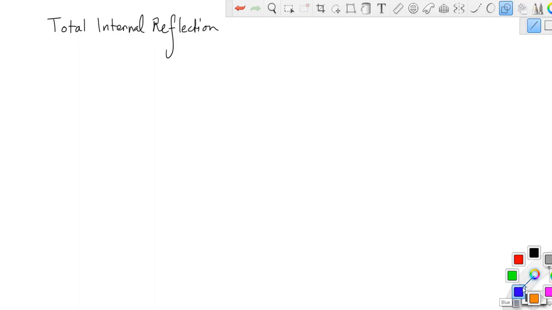Hi there. Okay, this video is on the subject of total internal reflection, and this only occurs when you're going from a medium that's more dense to a medium that is less dense. So I'd like to use a swimming pool as our example, although this can occur in all kinds of ways. So let's go ahead and start off with